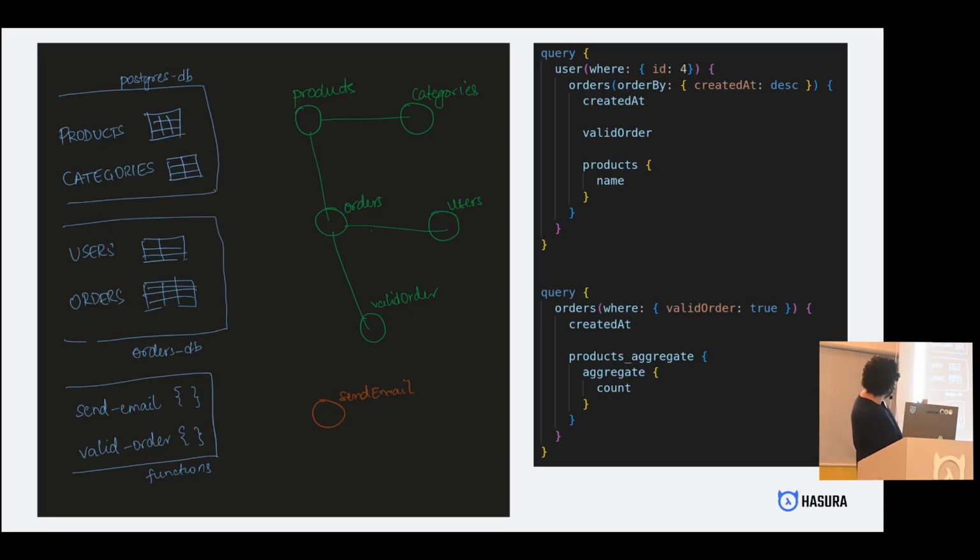What are the other cool things we can do over here? Well, stuff like filtering, ordering, grouping, aggregation, all these things are things that the engine will give you, so you don't have to handwrite them again. What about this validate order thing? That's a TypeScript function. Now, what if I could filter my orders table by a TypeScript function on that table? You can do stuff like this.